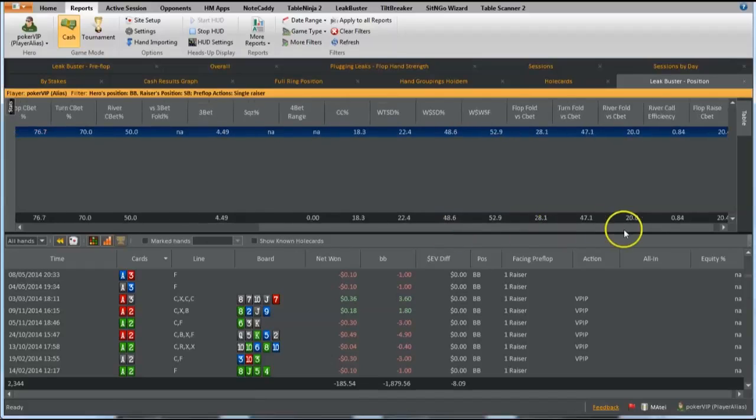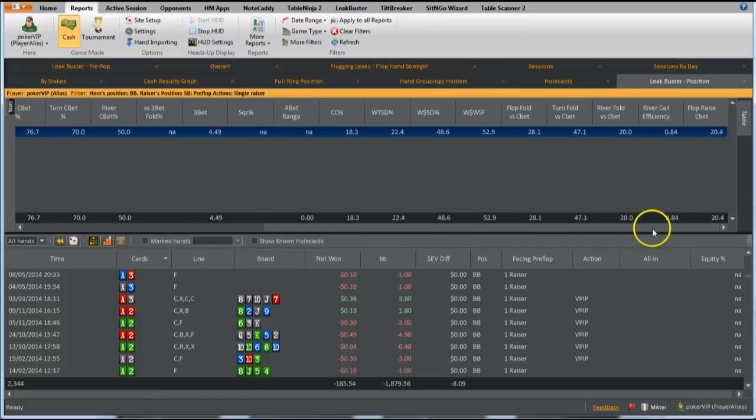Other thing we want to do as well in this particular situation when we do cold call is we want to raise flops pretty aggressively. And it's the same for the previous filter we ran as well. We want our flop raise versus C-bet in late position to be probably close to 20%. And we can see here, Hero does have 20% flop raise versus C-bet,